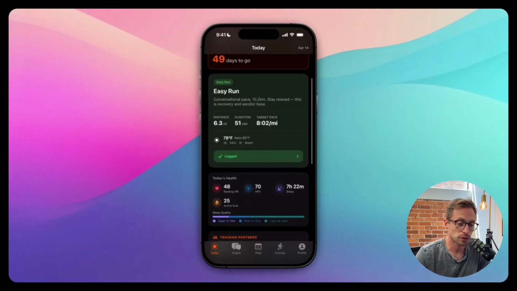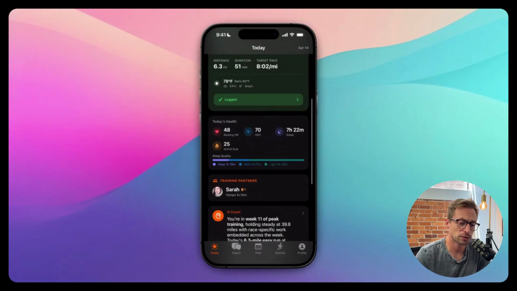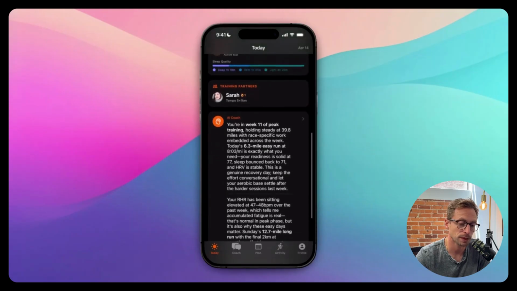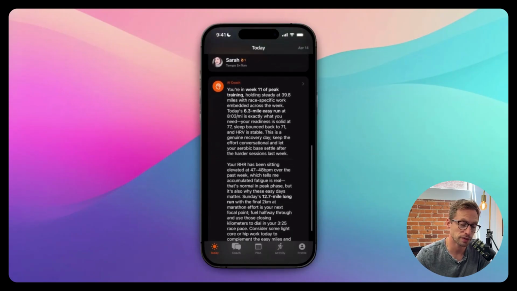But yeah, so it'll tell you what you're supposed to do today, and it'll also show you some health metrics too that are going to be gathered from your wearable. For example, how much sleep you had, and your HRV and things like that. And all of these inputs are going to play into how the AI coach adapts your plan. So maybe you haven't been getting enough sleep, and then it's going to maybe change your daily activity based on that. And then below that, we have the message of the day, which, as I say, is going to be what the coach is thinking based on how you're performing.